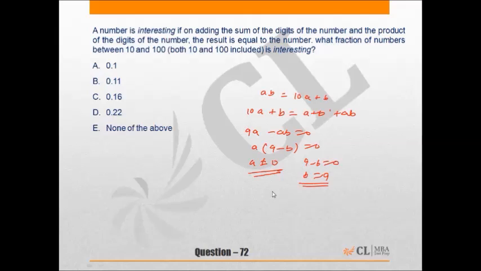So our numbers in the given range will be of the form A9, where A can assume any value from 1 to 9. So the total number of interesting numbers in the given range is 9, and we have to find 9 is what fraction of the total number of numbers in the range of 10 to 100 including both. There are 91 numbers from 10 to 100, so the required fraction will be 9 upon 91, which is equal to